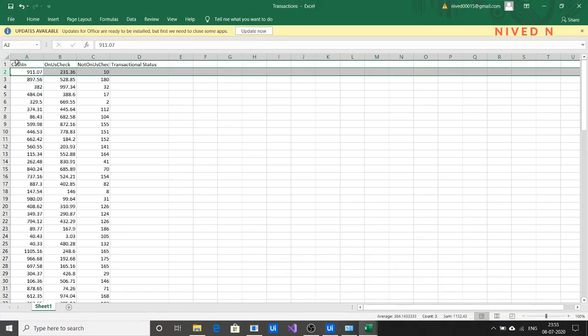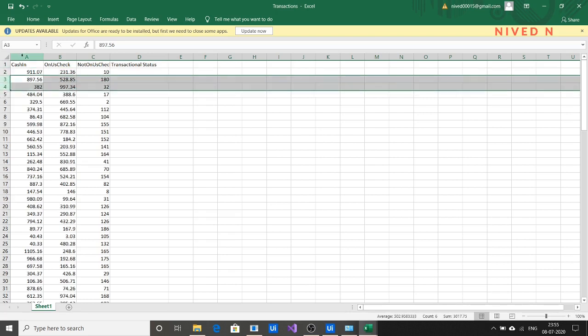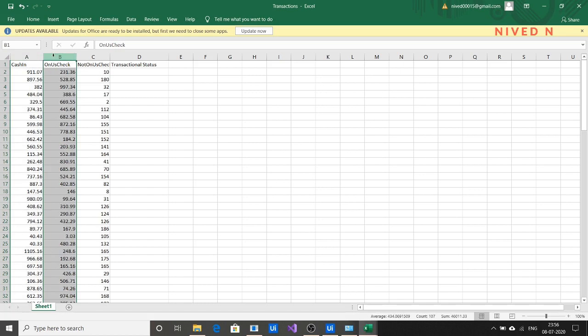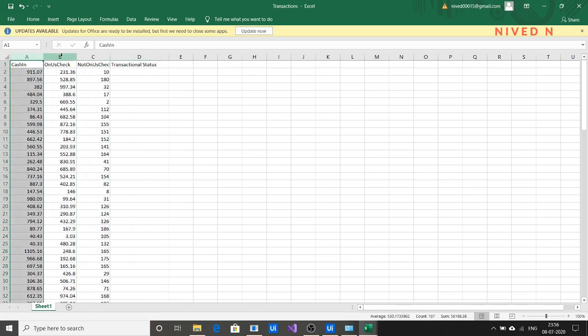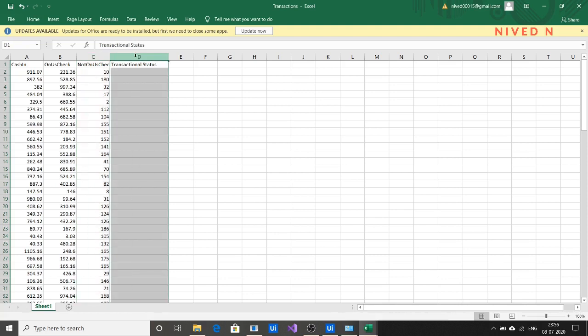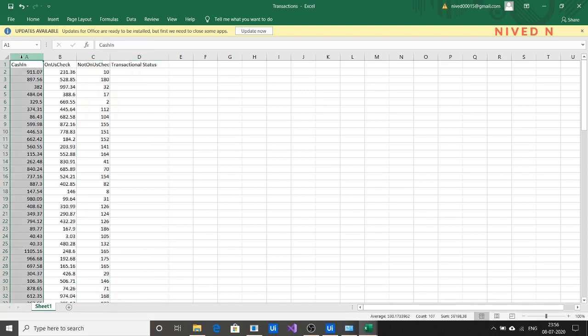We know that rows start from 0, 1, 2, 3, etc. Columns start from 0, 1, 2, 3. Okay, so cash in is the 0th column index, on US check is the first, not on US check is the second, and transaction status is third. So we have to input all these three fields only to this UI demo application.